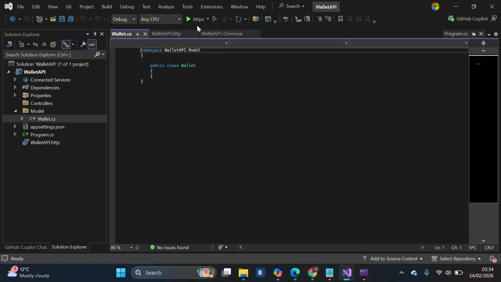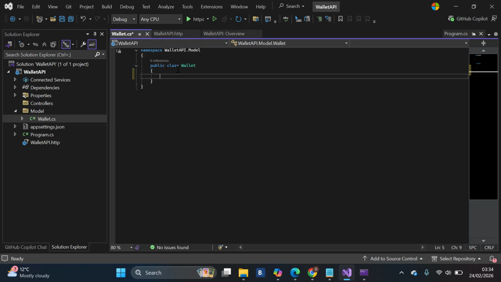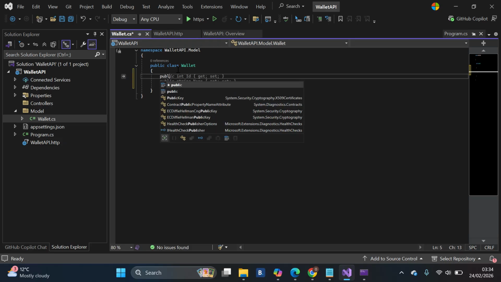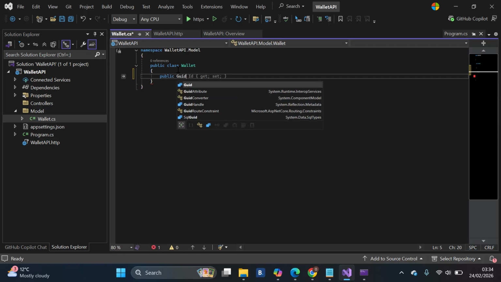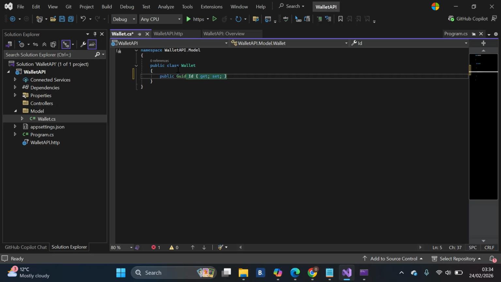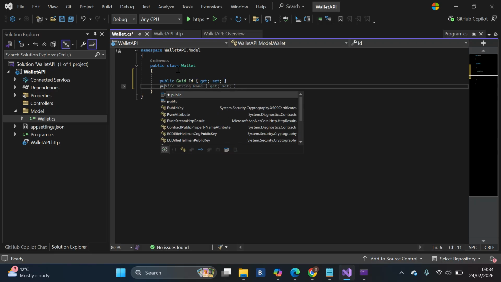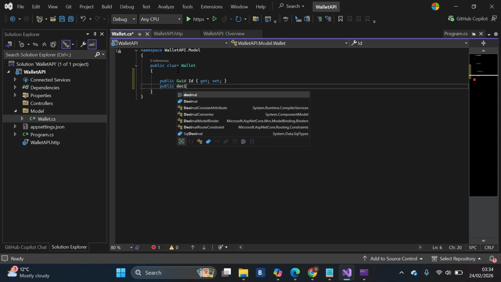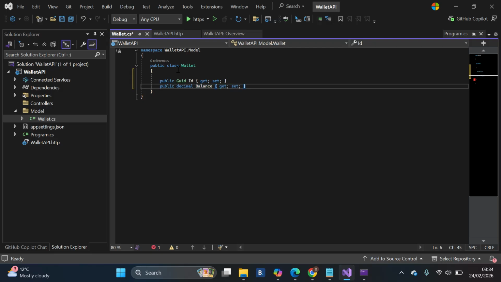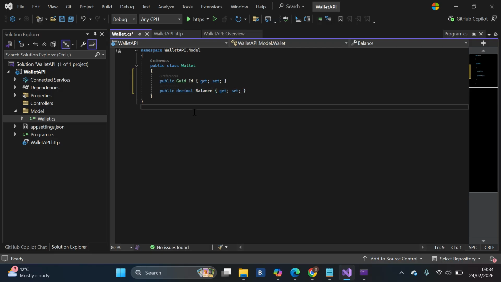So what I actually want to do is I just want to do like a model. So here I'm saying public GUID ID. I'm saying public decimal balance. So this is just what I want to do for this. Then in the controller,